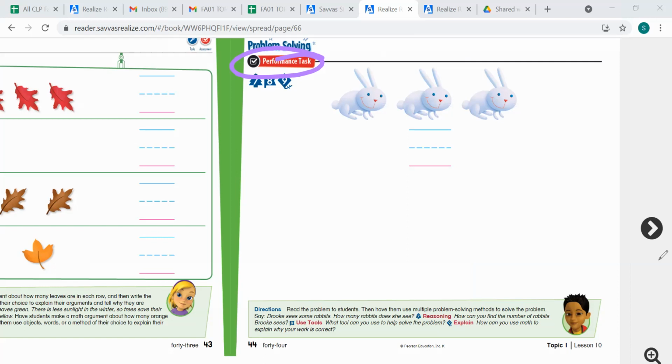So I can put a counter over or on top of each bunny. So I see bunnies here. I'm going to put 1 counter for each bunny. So now we can count our counters. I'm going to fill the counters in as I count. 1, 2,